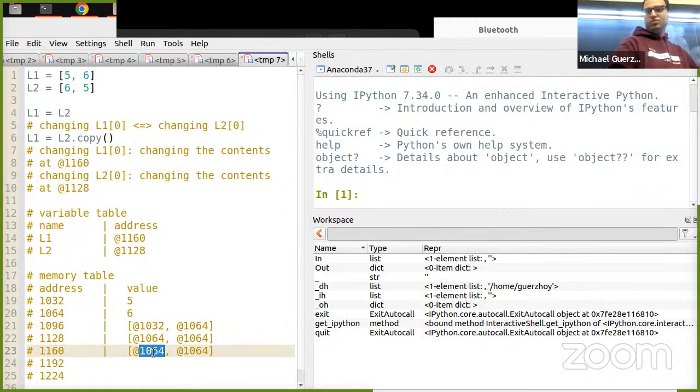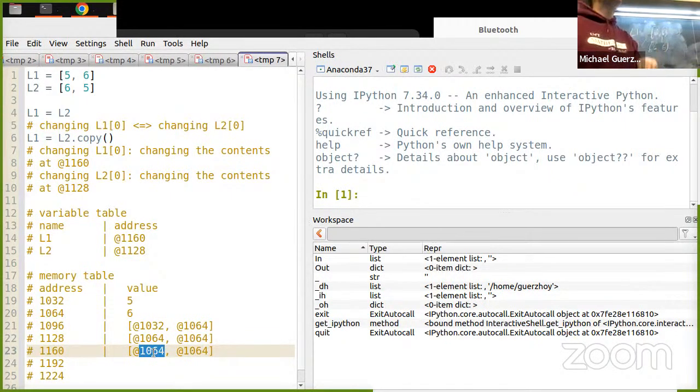Right? So in terms of the picture, L1 is 66, and then you're saying L2 is also 66. But changing this is not the same as changing this. Okay.